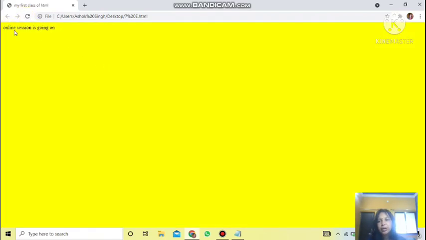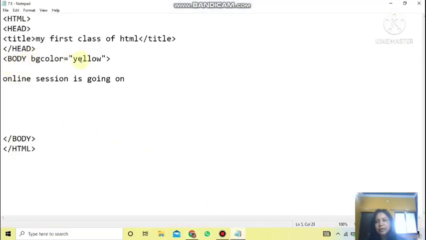Same way, by now whatever text is getting displayed here, it's coming with black color. I want to change this color. So in the body tag only, after using one tag, a single tag can be used and multiple tags can also be used. For writing the next attribute, don't put any comma or semicolon. Simply use the space bar, and after that the next attribute is text. Text is the attribute for changing the color of the foreground.